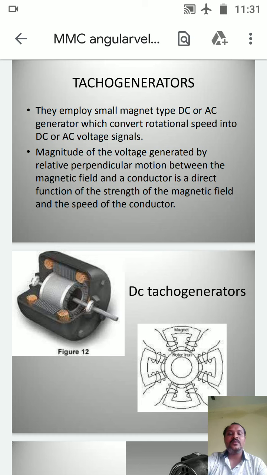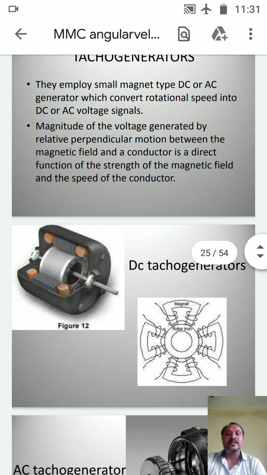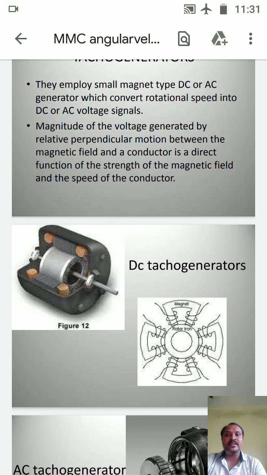That is going to convert the rotational speed into DC or AC voltage signals. Means we are getting DC or AC voltage signals by rotating the shaft. So this is what we can call a tacho generator. So here in this one, the